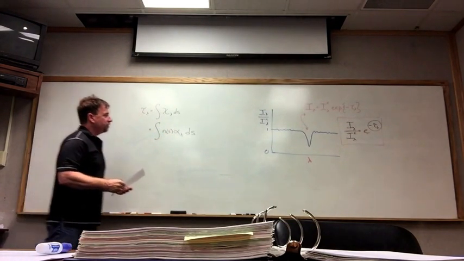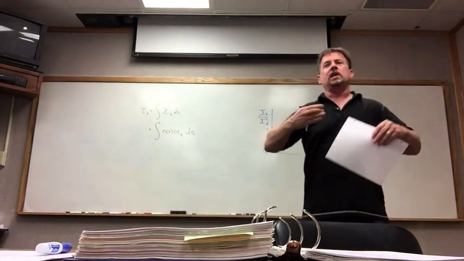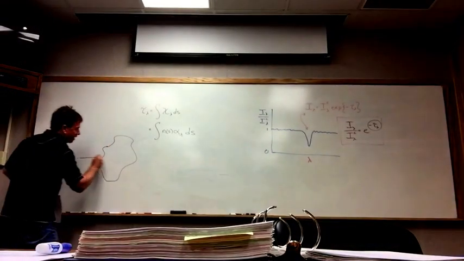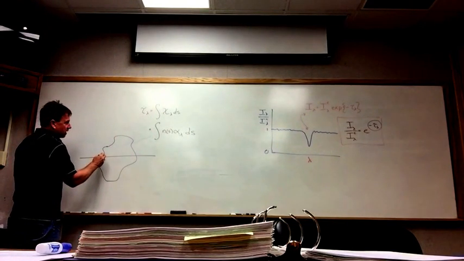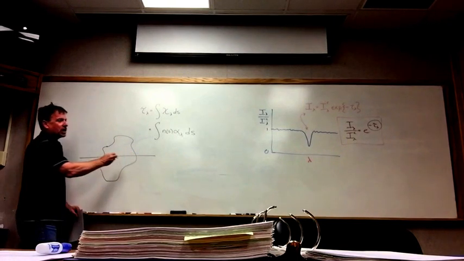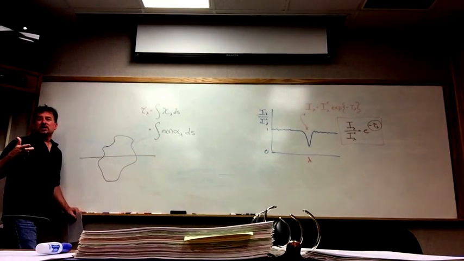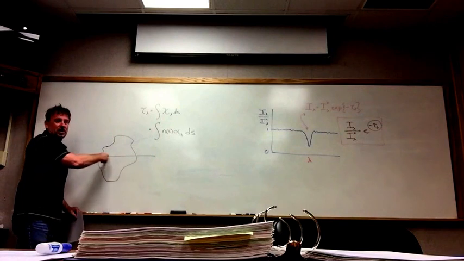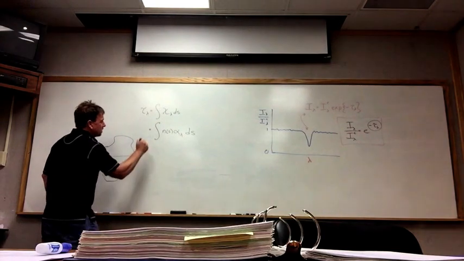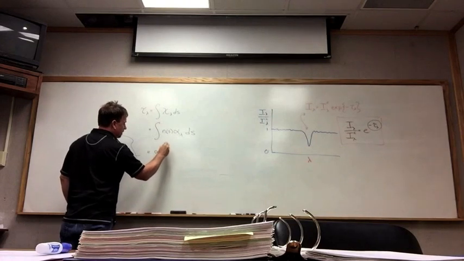Now, if the gas is well behaved so that the properties of the gas don't change along the line of sight, so here's your gas cloud, here's your line of sight. What I'm saying is maybe the density can change, but let's assume that the temperature of the gas doesn't change and the internal atomic physics of the atoms won't change depending upon where they are in the gas. You buy that one, right? So what happens is that we can take alpha out of the integral